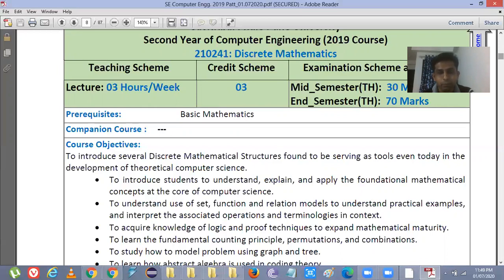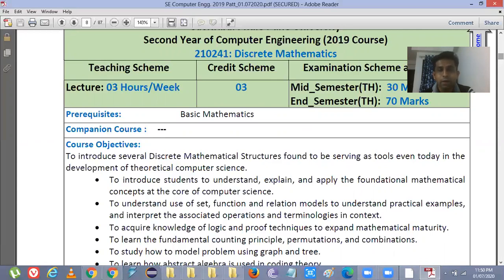For example, in cryptography, as we know, cryptography is nothing but encryption and decryption. For each and every encryption and decryption algorithm, we require set theory as well as the groups and rings concept. For generating the secret key, we require the groups and rings concept. All the data we are storing on the cloud is encrypted, and we encrypt that data by using the concept of set theory and groups and rings.